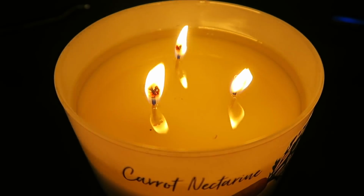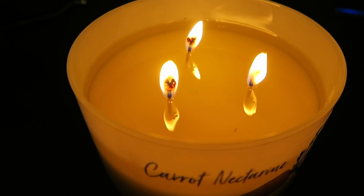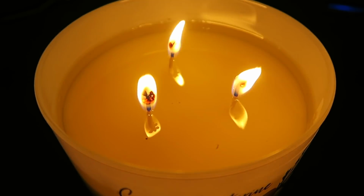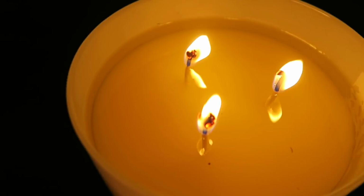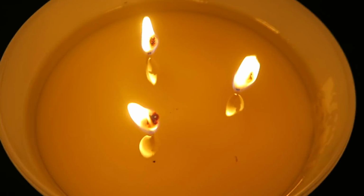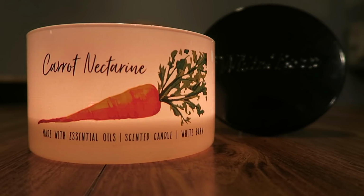So at 8 o'clock, the 3-hour mark, it wasn't completely pulled out, but at 9 o'clock it was completely pulled out. So I'm thinking anywhere between 3.5 to 4 hours is probably how long it took to completely pull out. So yes, it's completely pulled out by the 4-hour mark. So as you can see, it did take about almost 3.5 to 4 hours to completely pull out around the sides. So that is quite a while compared to